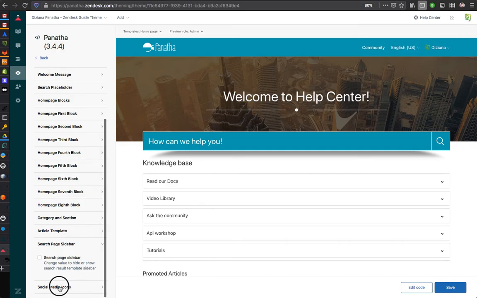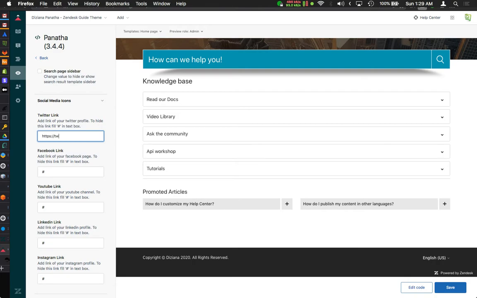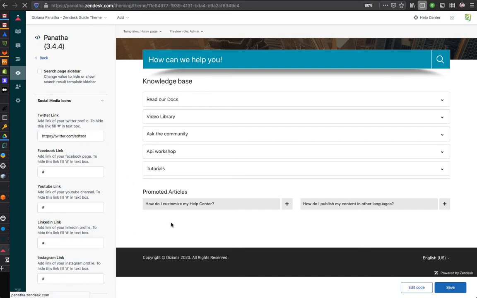And now let's talk about social media icons. So you can have your social media links shown as icons. By default they are nothing, so you can just type something like that. It could be any handle, and the moment you type a link, it would show up. We assume that you are typing the right link, because there is no way we can validate, or add the validation for these links in the code. It would just make the theme unnecessarily heavy, so we are assuming you type a right link.